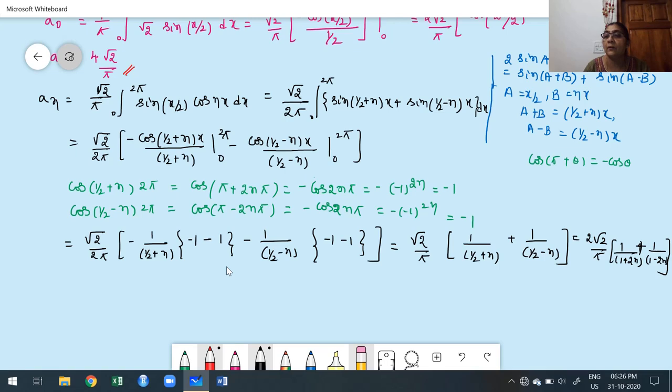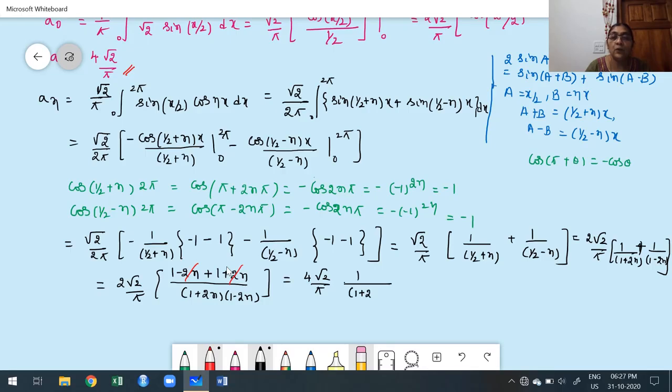1 minus 2n. In the next step, you take LCM: 2 root 2 divided by pi of, take LCM, what's LCM? 1 plus 2n into 1 minus 2n. What we get? 1 minus 2n plus 1 plus 2n. Plus 2n minus 2n is cancelled. The remaining is 2. 1 plus 1 is 2. Now, 2 into 2 is 4. In the next step, this is nothing but 4 root 2 by pi into 1 by 1 plus 2n into